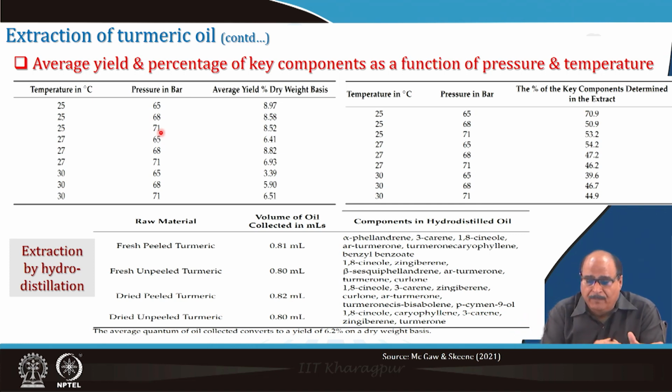With varying both temperature and pressure, the yield percentage as well as extracted key components are changing. So, there are fresh peeled turmeric, fresh unpeeled turmeric, dried peeled turmeric and dried unpeeled turmeric. Obviously, in both the cases the peeled turmeric gives more volume of oil collected in ml in comparison to the unpeeled one,